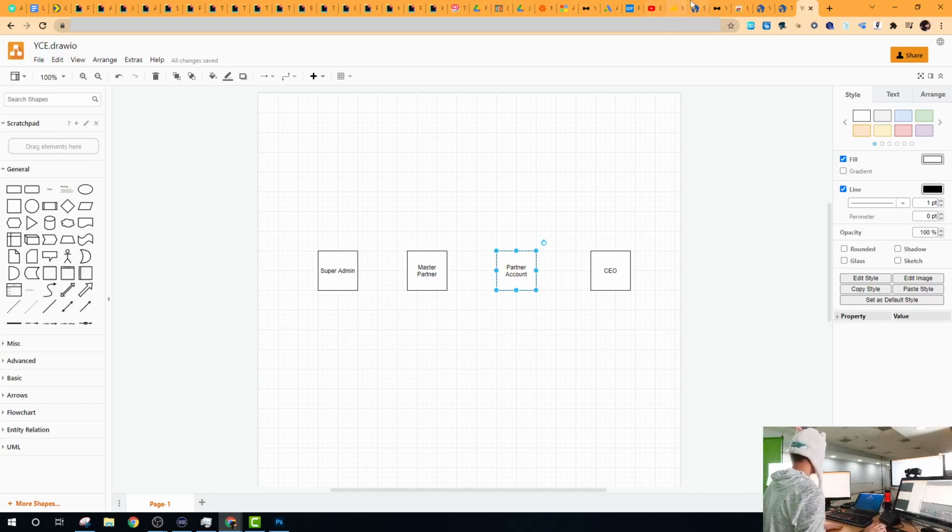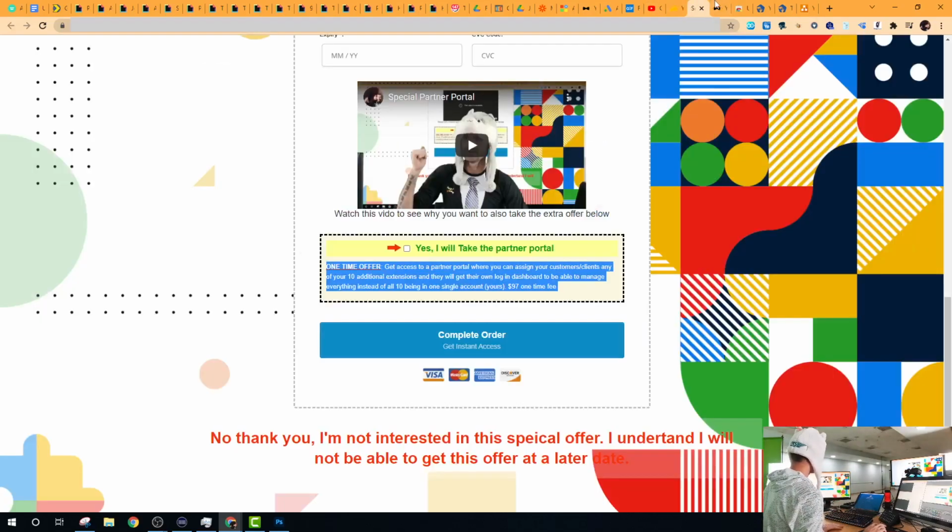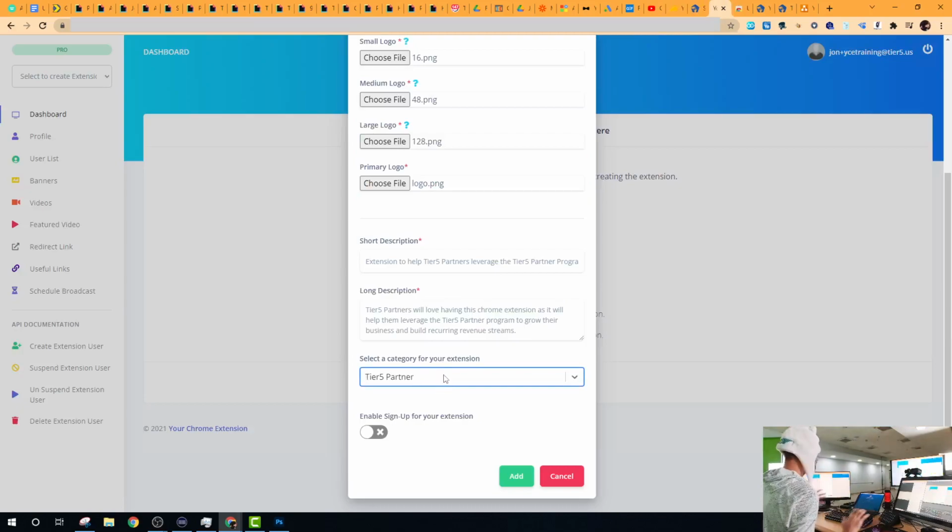So all this does here is this category tells the partner what type of extension that they're launching, so that if they have banner ads turned off and it's the partner's ads that are showing up, or it's the partner's banners that are showing up, they can decide, okay, which one of my banner ads do I want to show up inside this extension,